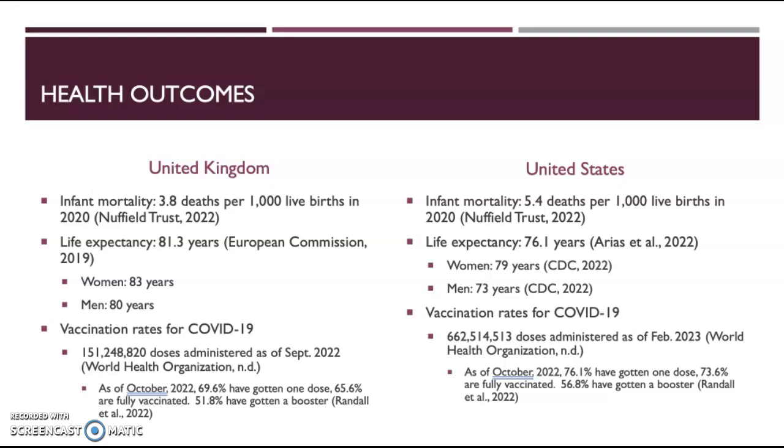So despite the significantly higher spending on healthcare in the United States, individuals experience lower life expectancy and there is a higher infant mortality rate. I chose to select and compare vaccination rates for COVID-19 between the two countries, and looking at